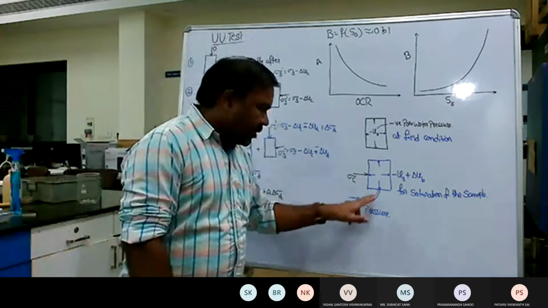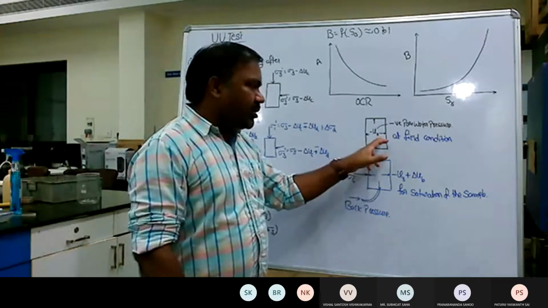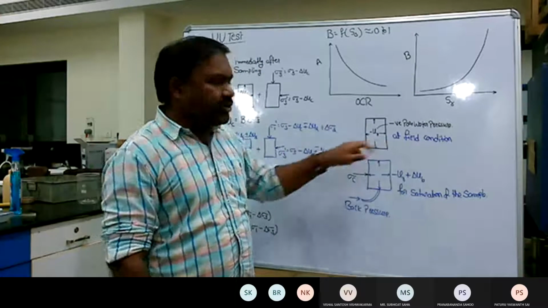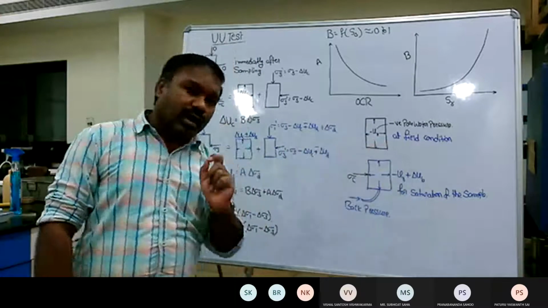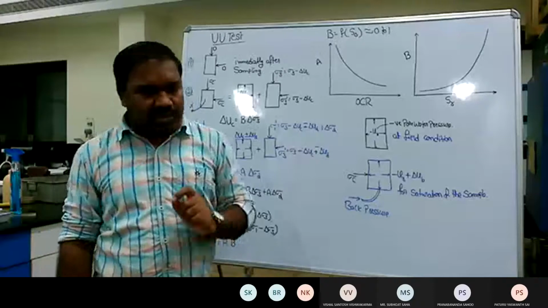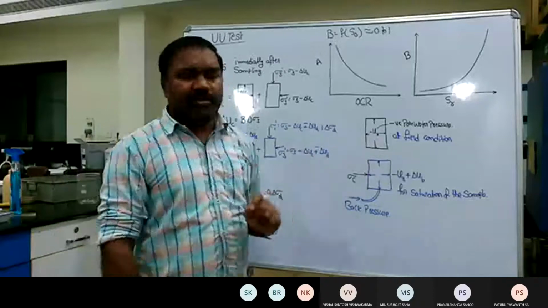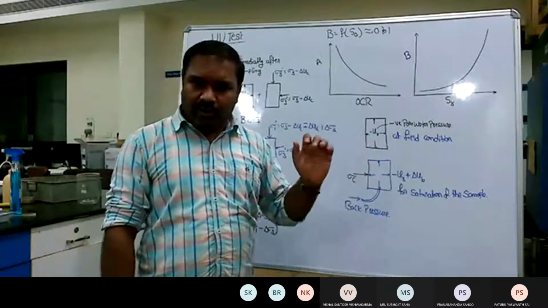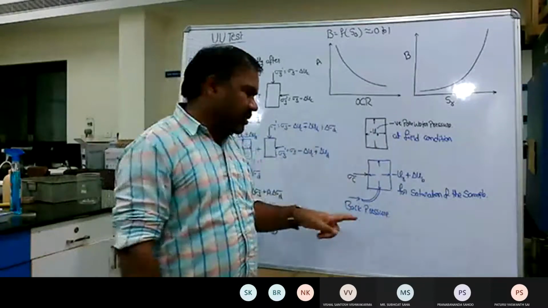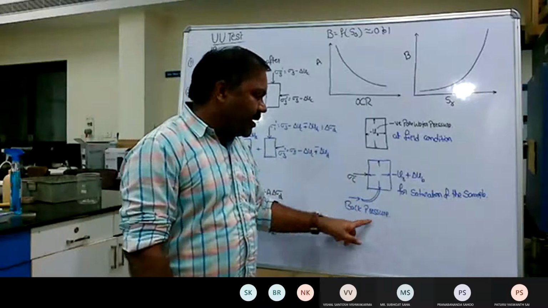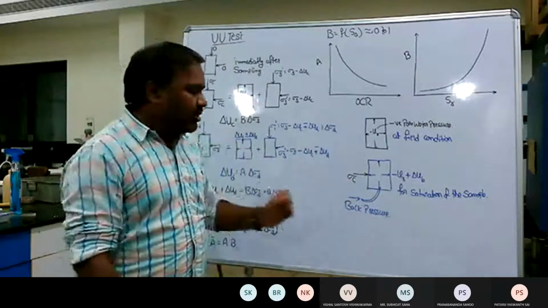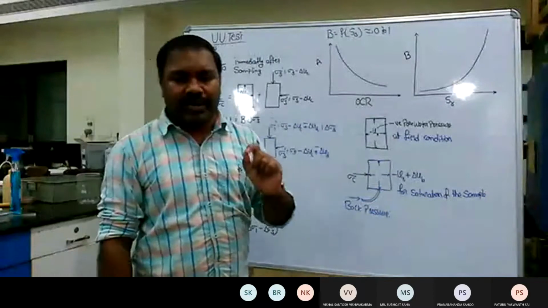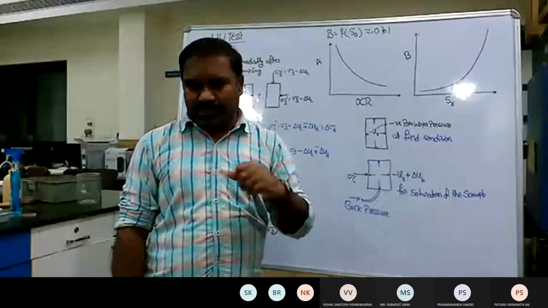Okay. See, initially when you collect the soil sample from the ground, it is at negative pore water pressure condition, minus u. Now, an essential condition in every triaxial testing is that the sample must be fully saturated. From the initial negative pore water pressure, I need to make the soil sample fully saturated. That can be attained by applying the back pressure. So in the back pressure step, we allow the water to penetrate into the soil sample with some pressure.